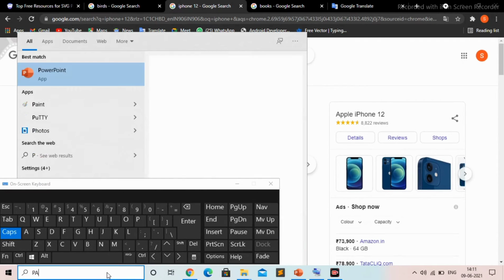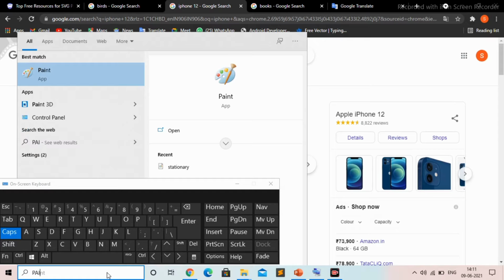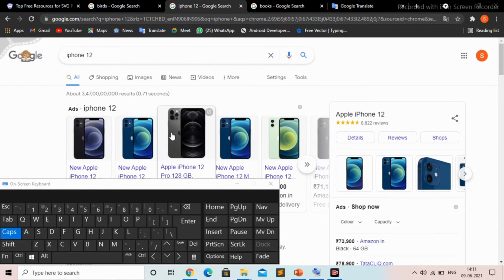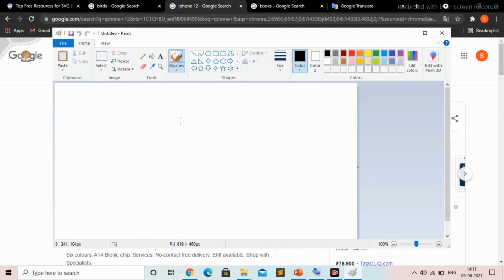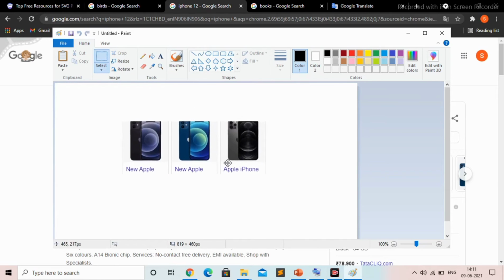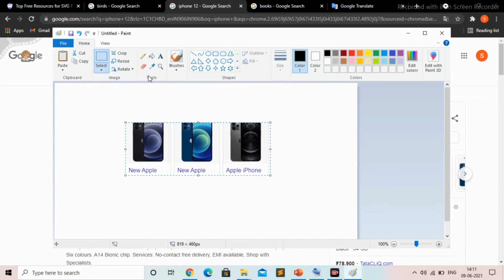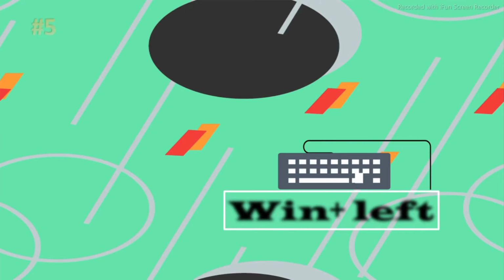So in this I am going to paste it in my Paint app, so it's open, and you can paste by using Ctrl V. Once you paste, you can also edit it by using an eraser. If you don't want any watermark in your presentation, you can also use this trick to erase those watermarks. So this is one of my favorite keys.